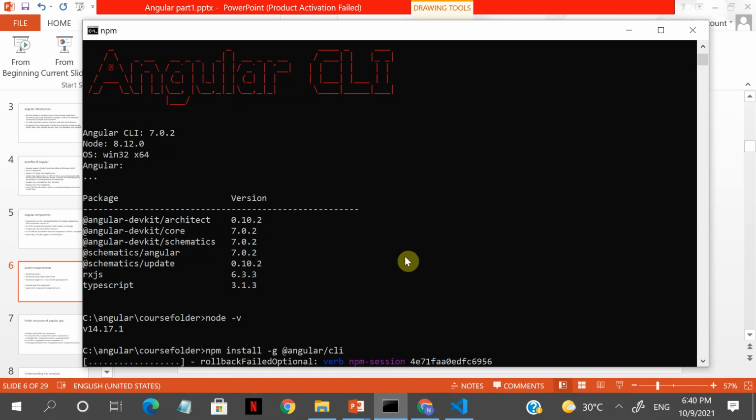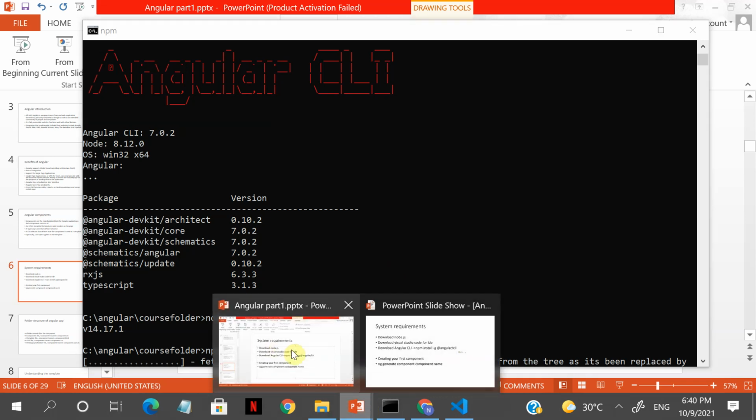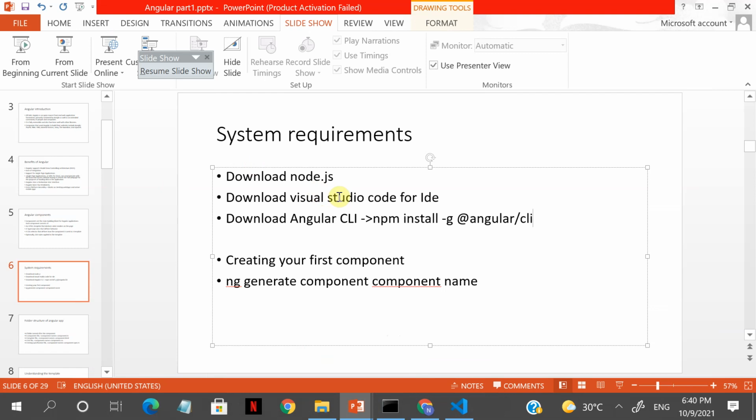So let me repeat the steps. First you download Node.js, whether it is Windows or OS. You have to download Node.js, which will run your server, okay. Let me give you a point on why you need Node.js. When you run an Angular app, basically it runs a web app and it will show you on localhost 4200. Okay, it will show you like a web page because Angular components are always rendered on the web, correct? So it will create a local server for you and show it.